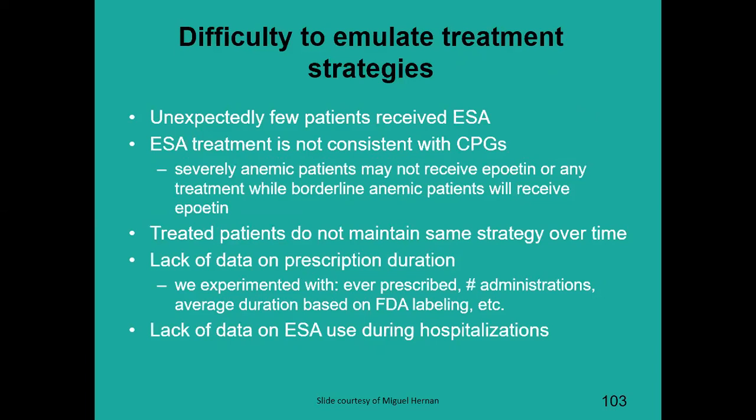So the difficulties that we experienced that led to a failure to emulate the targeted strategies. Number one, unexpectedly, few patients received ESA. Previously, it was estimated that about 30% of the CKD population receive ESA. And that was the expectation that we had by talking with the data people before we got funding for this study, right? But actually, when the data was sent to us, we